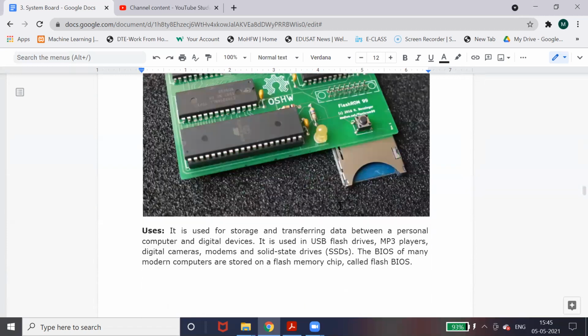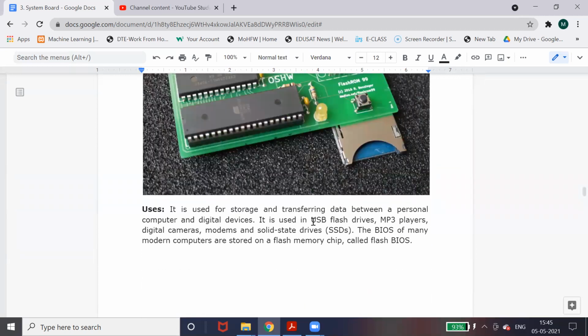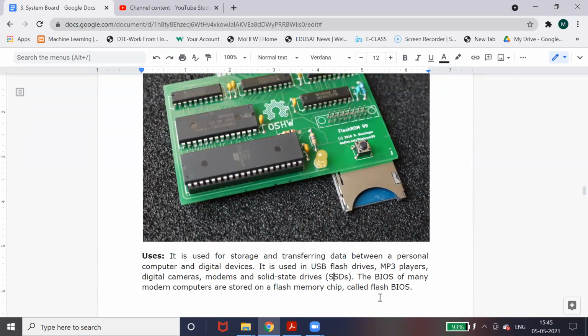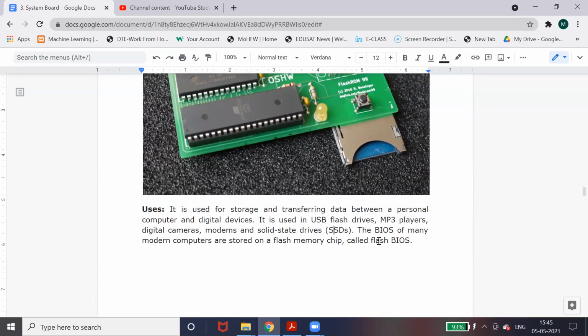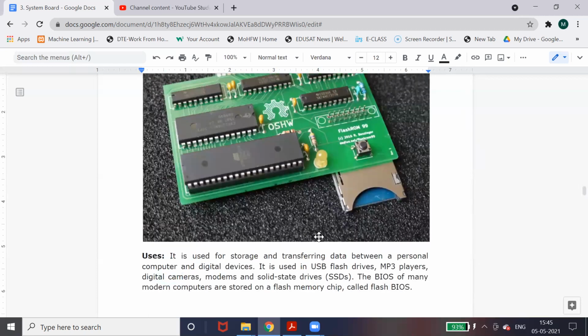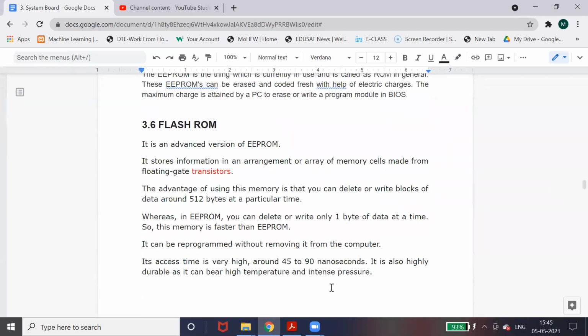Examples of where it can be used: storing your data in a USB drive, MP3 players, digital cameras, modems, and SSD, which is one type of hard drive. Here you can use this flash ROM to store the data. Even the BIOS of many of the latest, modern computers is stored in flash memory. So I think you understand the concept of flash.